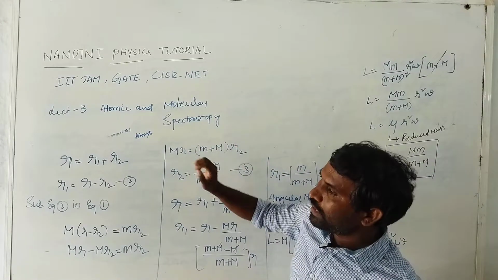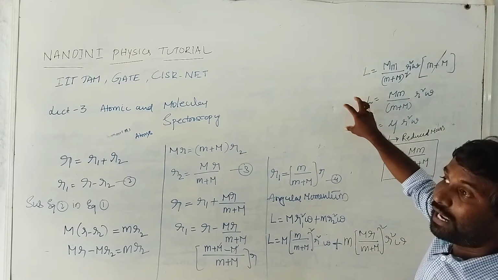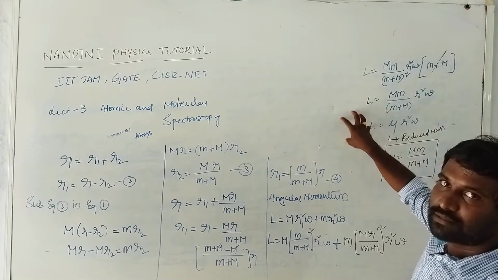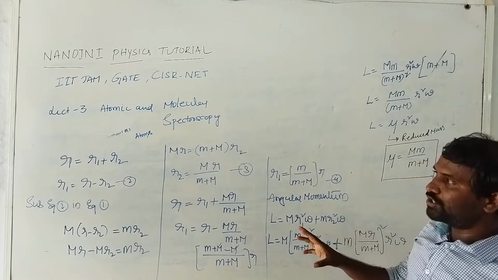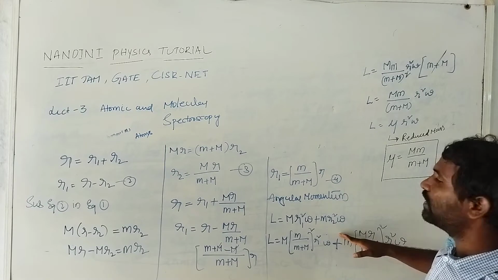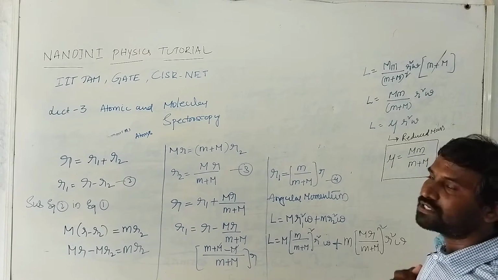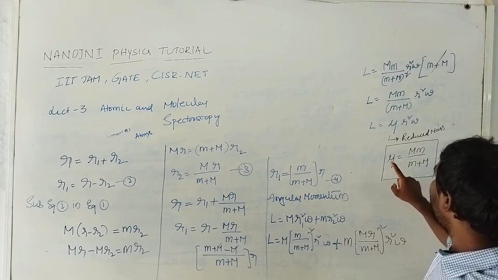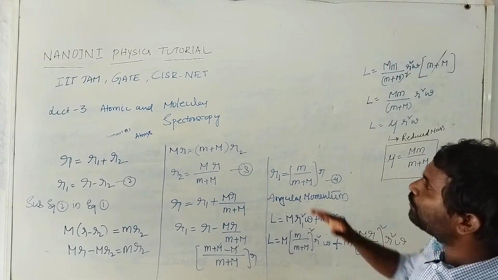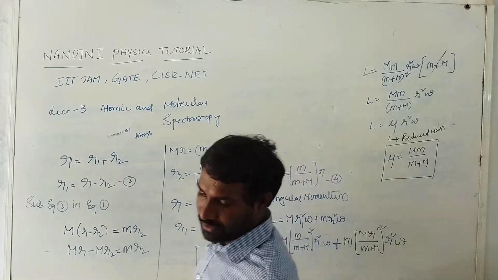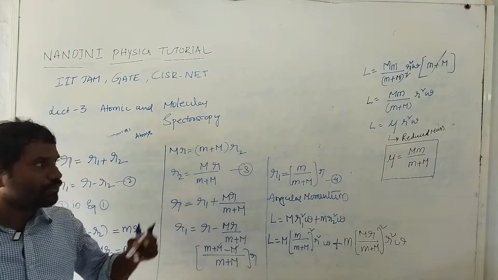From the Bohr atomic theory, the nucleus is assumed to be at rest and having finite nuclear mass. In the concept of finite nuclear mass, I introduce a small correction, and from that correction I derived this reduced mass equation. Now I am using this reduced mass once again for the hydrogen atom. Please note everybody, this is very important.